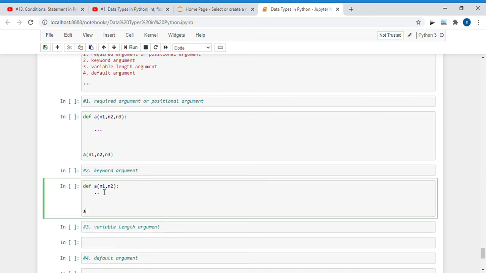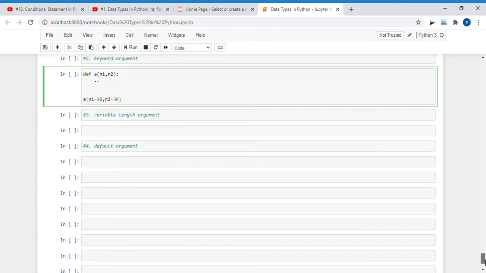When calling this function I need to specify the value of that particular parameter, which means n1 is equal to 20 and n2 is equal to 30. So this is nothing but a keyword argument.